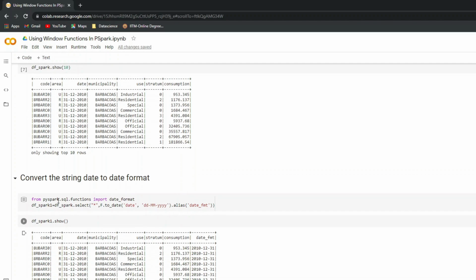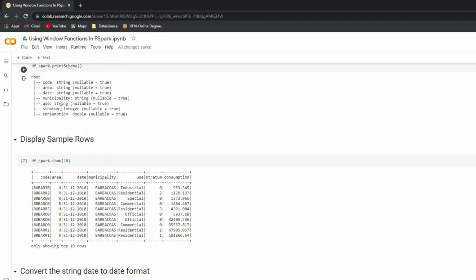In this step, I have a date value. We can see here the date value is in DDMMYY format, and it is a string. If I go back to this, you can see the date is a string value. So I need the string to be converted into a date value.